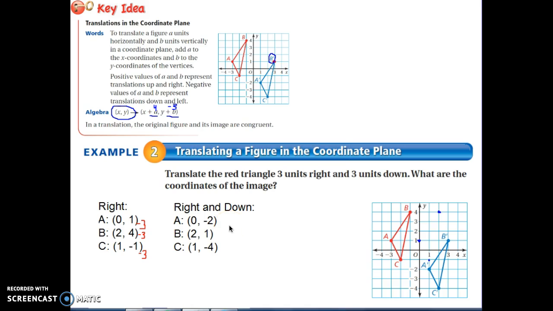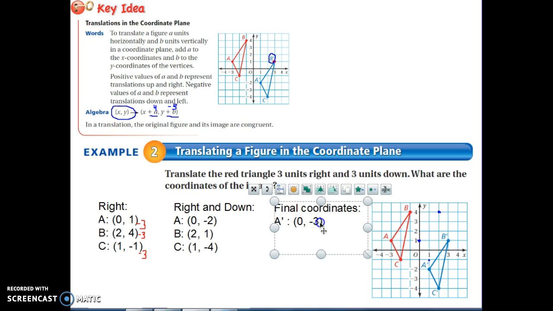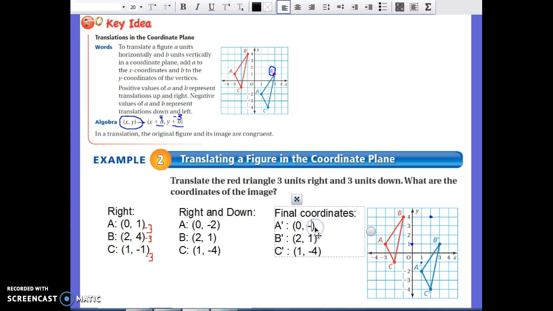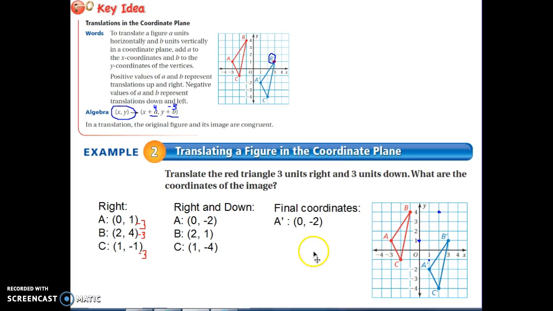Since they are the new ordered pairs, my last step would be to write them using the correct notation. So our final coordinates are that my new A, or what we call A prime with this little dash up at the top, has the coordinate 0, 2, not 3. My new B has a coordinate of 2, 1, and my new C, or C prime, has a coordinate of